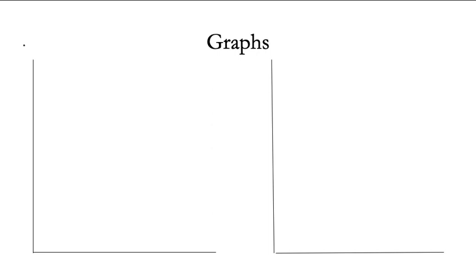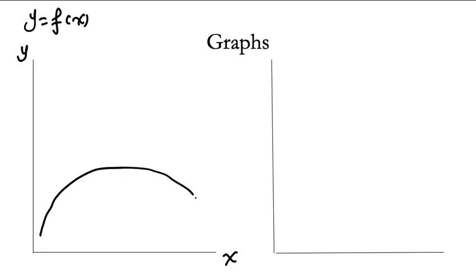Let's say y is on the vertical axis, x is here. So we have function y as a function of x. So let's say we draw it and it looks like this. Okay, all right. Now, if we look at this graph,